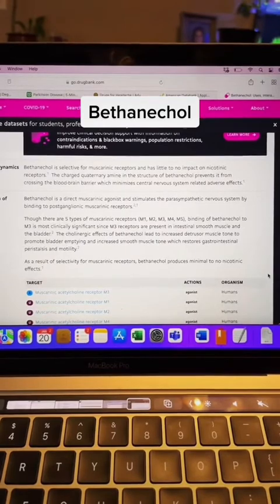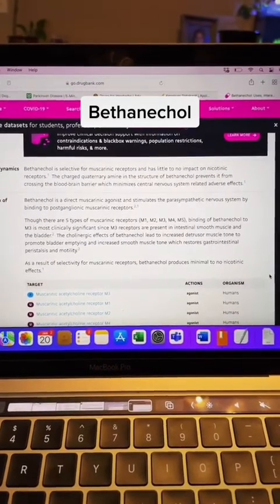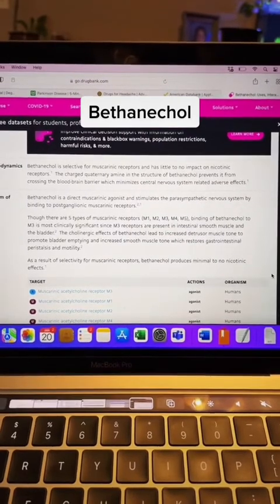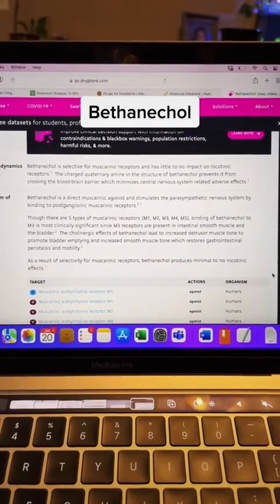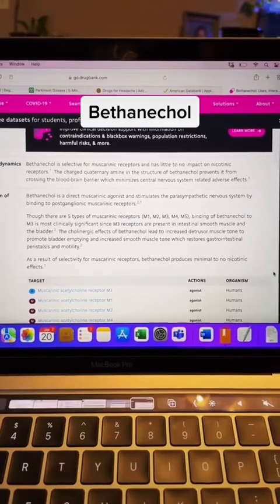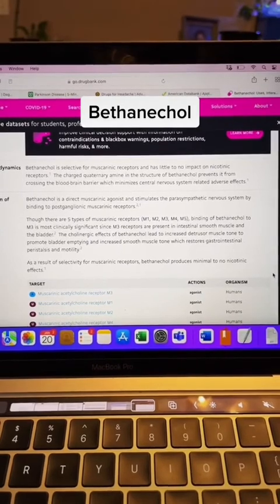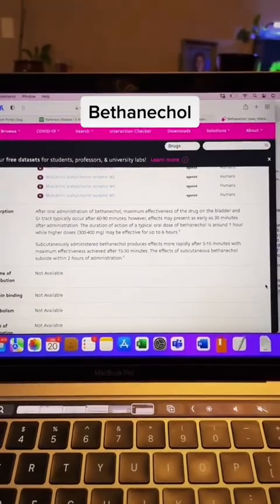Most of its effects are seen on the muscarinic receptors in the smooth muscle of the bladder, and therefore it tends to increase the detrusor muscle tone and promote bladder emptying and increase smooth muscle tone, which restores the GI peristalsis and motility. So if you have a block in